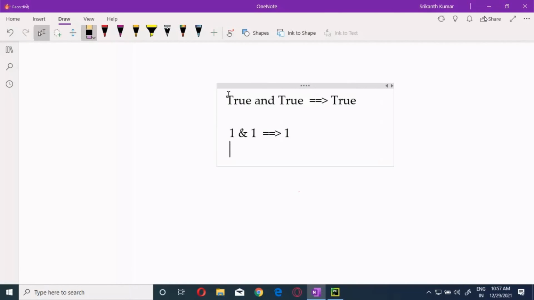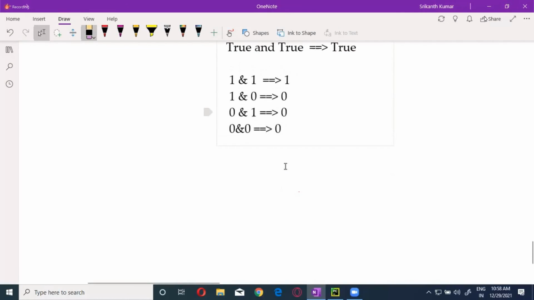If you use 1 and 0, then what will we get? 0. It's like multiplication. 0 and 1 is equal to 0. 0 and 0 is equal to 0. This is the way you are going to get it.